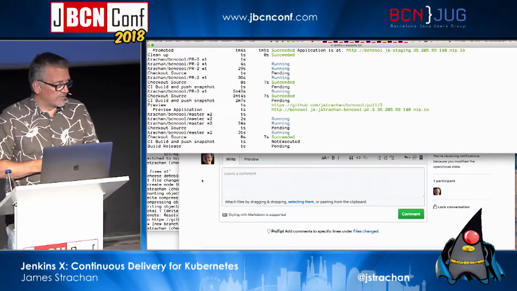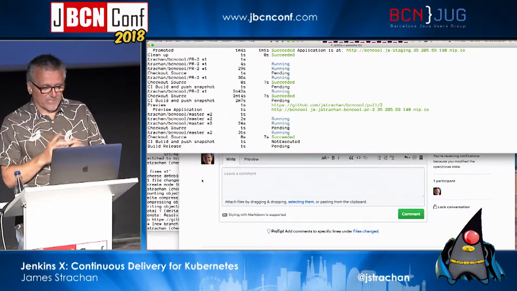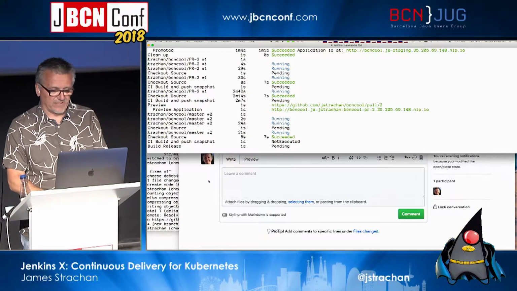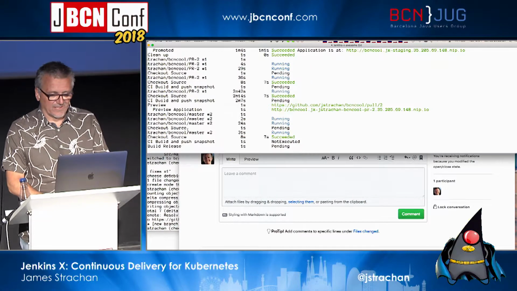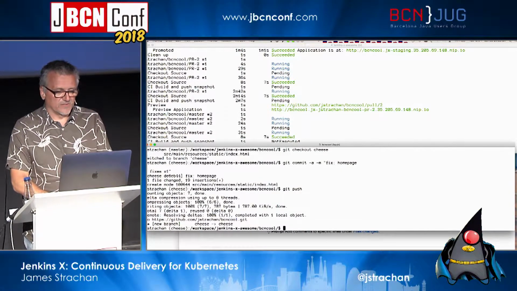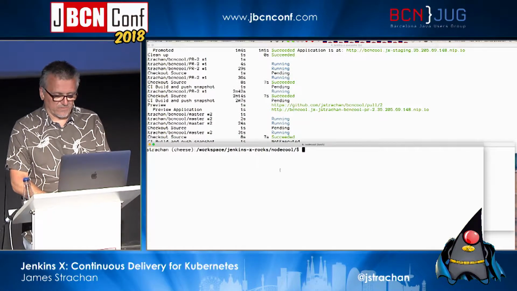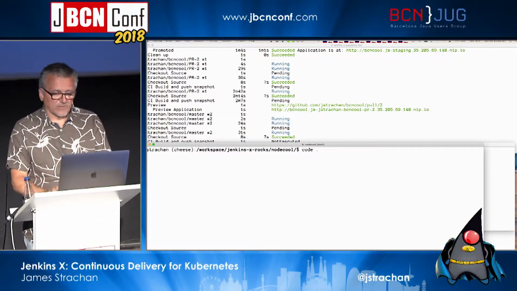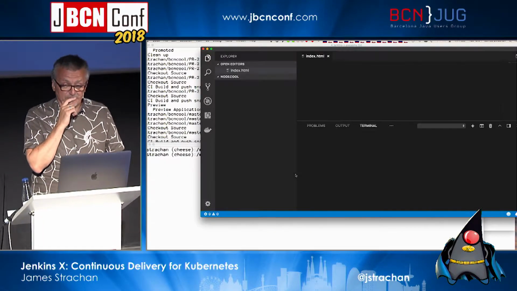So I've got a little bit more time, so I'm going to show you something a little bit different now. I'll leave that release going, and then once the release has happened, I'll show you the effect of the release. While that's chugging away, I'm going to show you something a little bit different. Let's go into a different window. There we go, this one. I'm going to show you VS Code. So I'm going to switch to a Node application now,